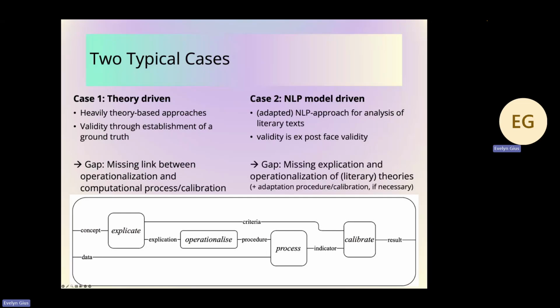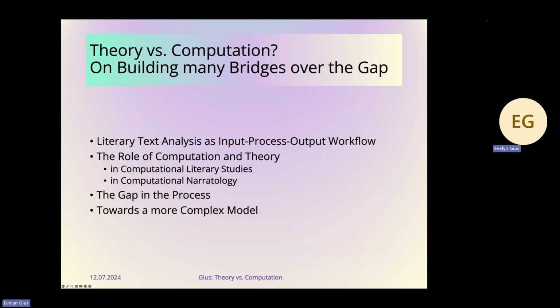So what we have here is a missing explication on operationalization of literary theory, plus the adaptation of the procedure, depending on how deep people go. In many cases, calibration is a problem. So basically, we have this line here, which is maybe something like a major gap, but I hope that I was able to show you that there are possible gaps around there that can be tackled also singularly, even though I cannot provide you yet the answer how to do that. That's something we want to do, or we're working on at the moment.